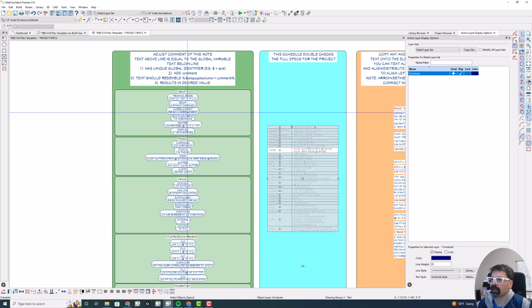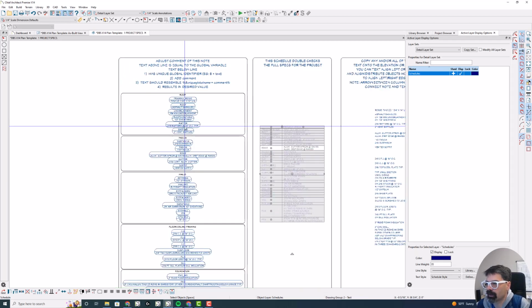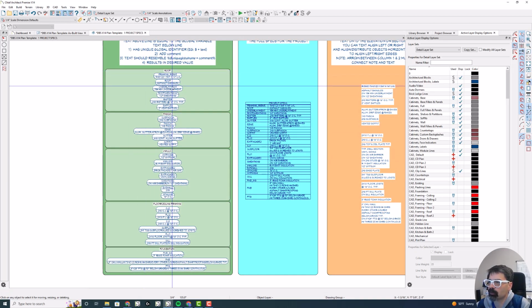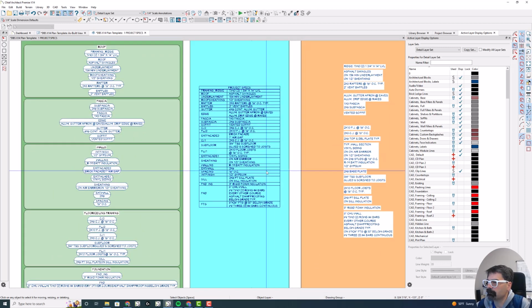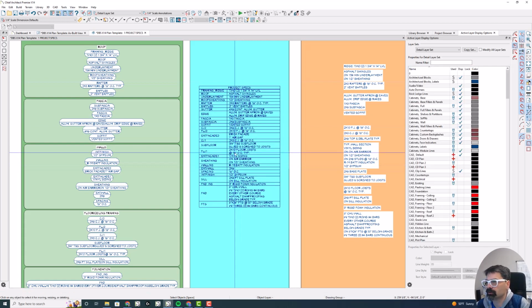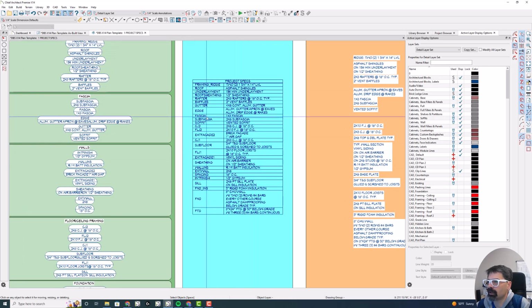So I'm working on filling this out. I've got a good start at this point with roof, fascia, walls, floor and ceiling framing, and foundation information. I probably need to add more to the foundation information. But there is the full schedule of all of the